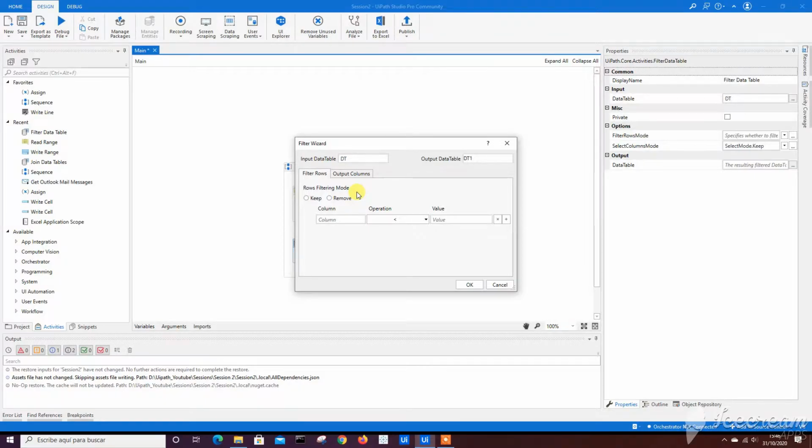In filter rows, we can click on keep to save only the filtered data in dt1, and if we press remove, all the data will be saved in the variable except for the conditions we are going to set. In this case, we will use the keep,